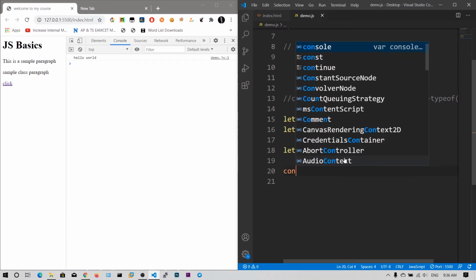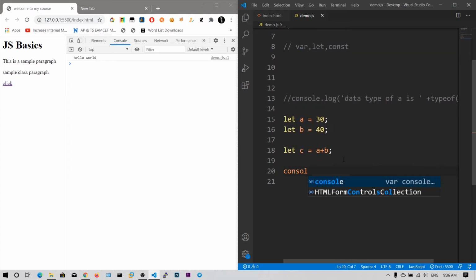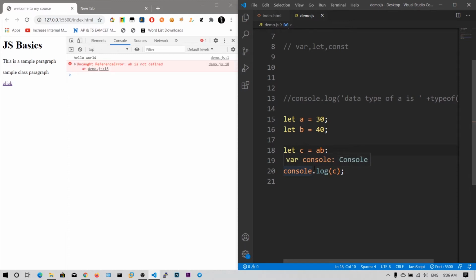Now I will try to output this. If I say console.log of c, you get the value 70. If I say minus, it will give minus 10. If I say multiplication, I get 1200.